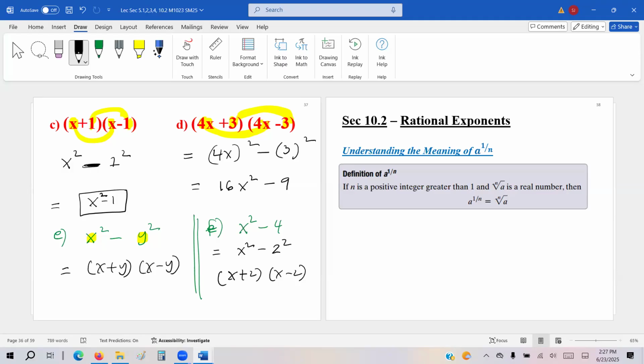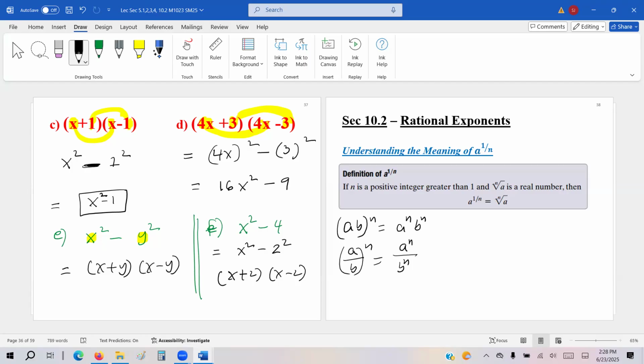Okay, so 10.2 connects with 5.1 exponent rules. Before we learn many exponent rules, let me refresh your memory. If you have (ab) to the power n, we say it's a to the n, b to the n. Do you remember? And if you have division to the power n, it's the same thing, right? (a/b)^n is a to the n divided by b to the n.